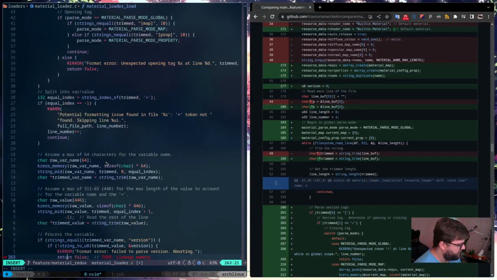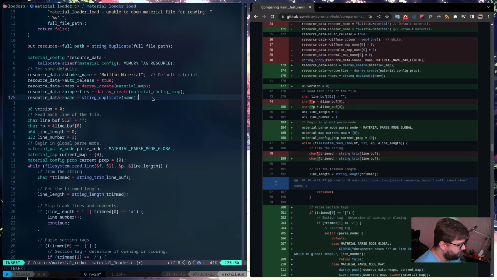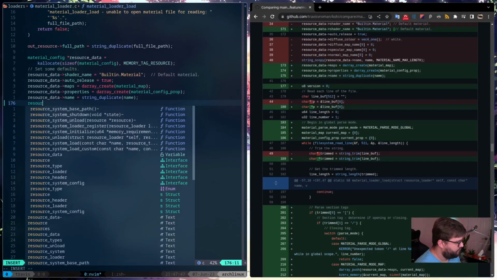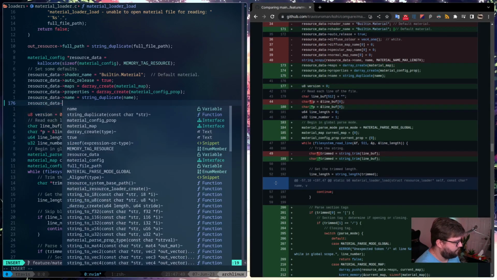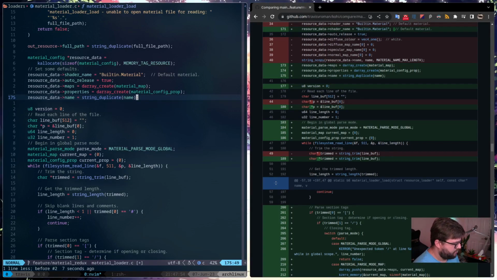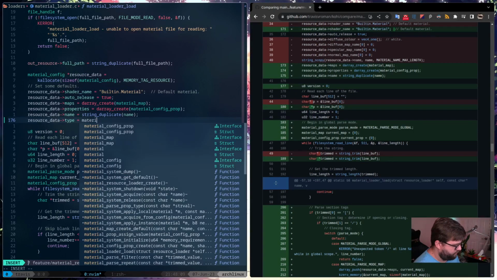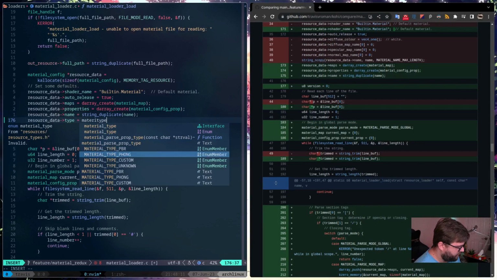I want to put it up here at the top. Wow, what are you doing, Vim? All right. Type. Material type Phong is not right.